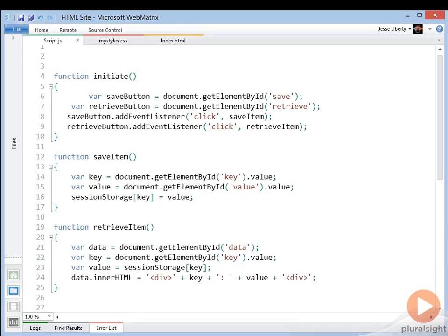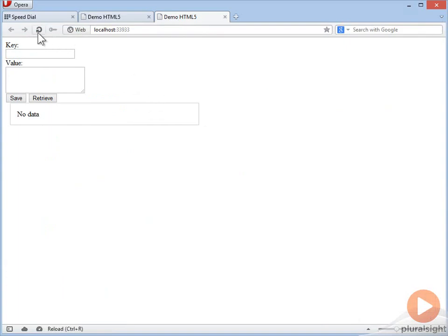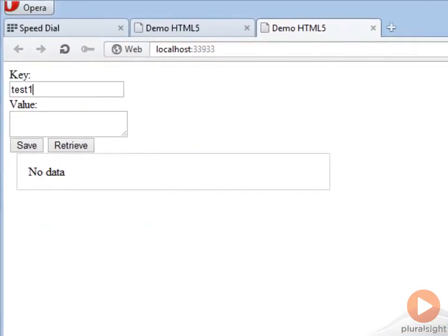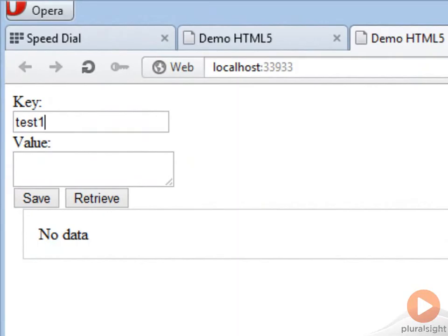Let's return to our browser, update the browser, and enter our first key, which we can call test1, and our first value, which we'll call value1, and click save. We can then enter test2 and enter value2 to go with it and press save. Let's add one more. Test3, value3,